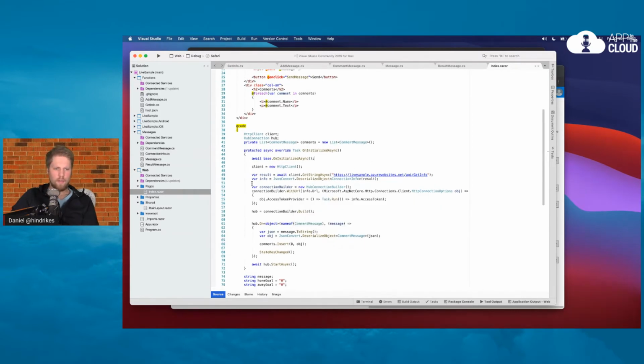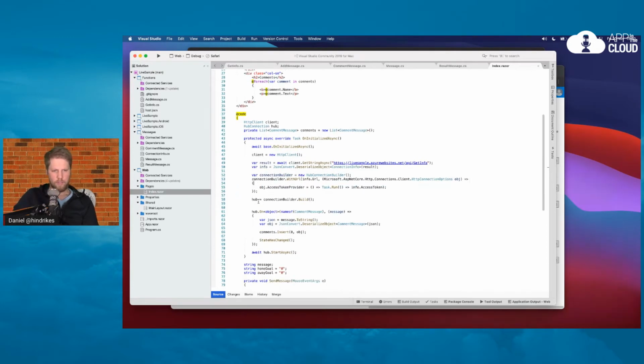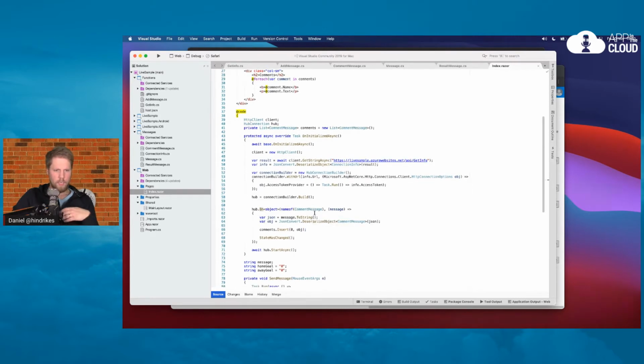With this information, I will be able to create a hub connection. So first we will create a hub connection builder. We will use the WithUrl method, and we will pass the necessary information and set the access token like this. Then we will build the hub, and then we can also start to listen for messages. Because even if we are an updater on the web, we want to see the comments. So in this case, we are listening to the comments. So when we get a message,